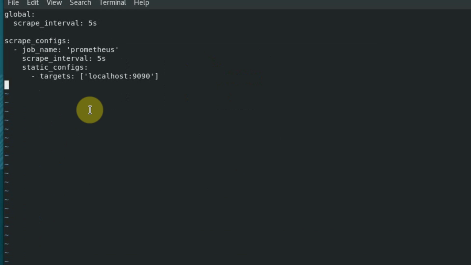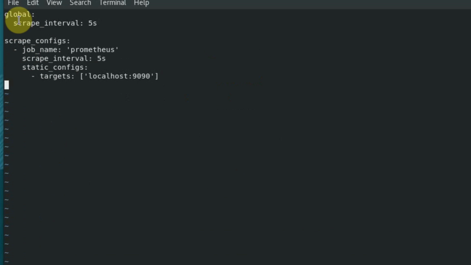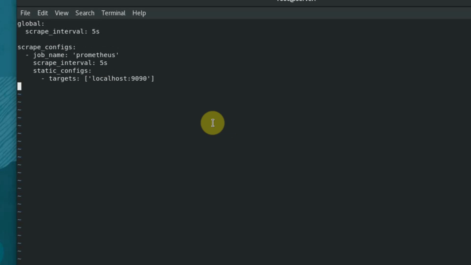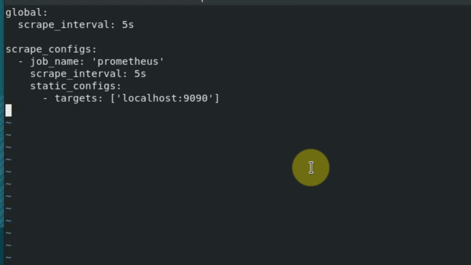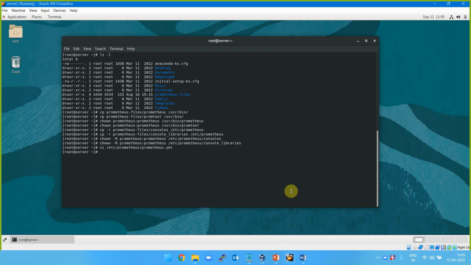Maintain the formatting of YML. YML is a specific syntax. That spacing, you cannot press the tab key here. This is a physical space. So the alignment and all that stuff, indentation is mandatory because it is similar to Python in terms of syntax, in terms of spaces and tabs and list items and all that. Save this file,